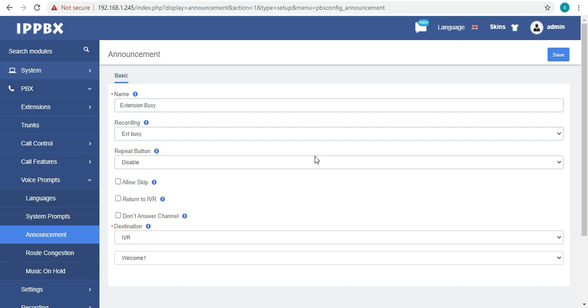It means when the call is unanswered, it will route the call again to the first IVR profile. So it will act as a loop.